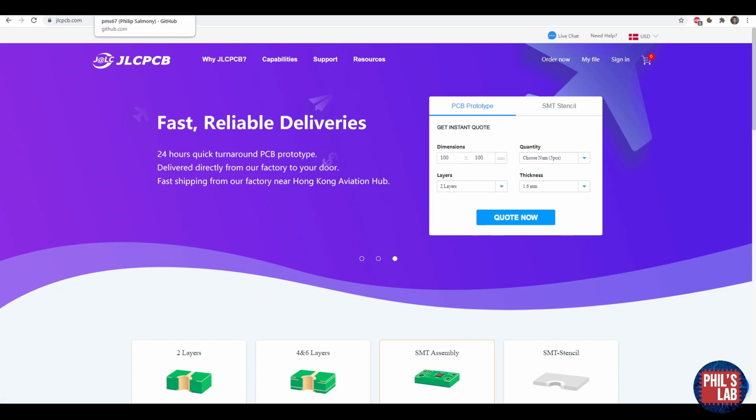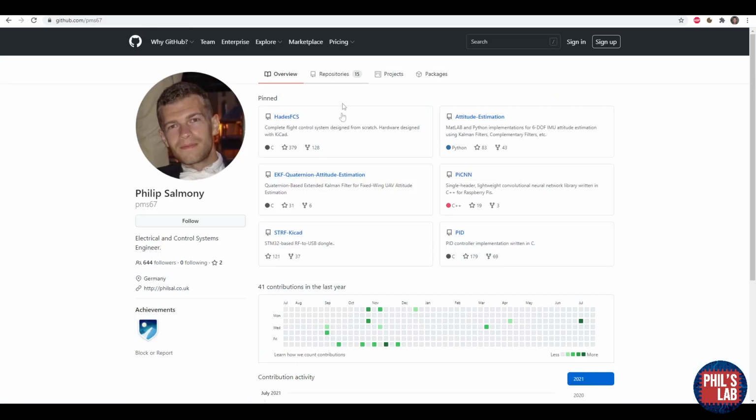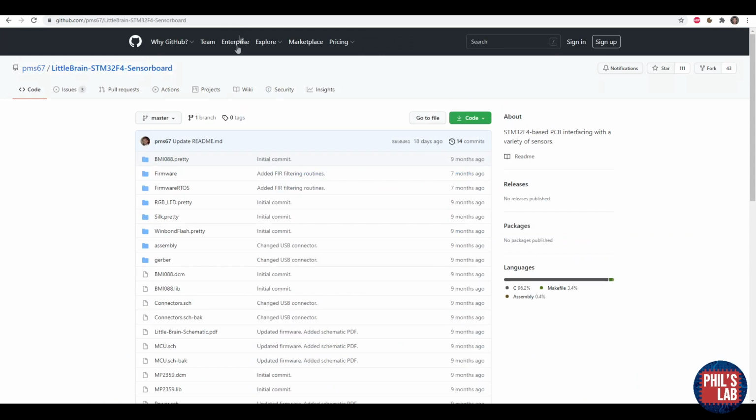Now you can find all the design files and all the firmware in my GitHub repository if you look for the LittleBrain STM32F4 sensor board. And there we have the assembly, Gerber, and firmware folders for you to check out, and also, of course, all